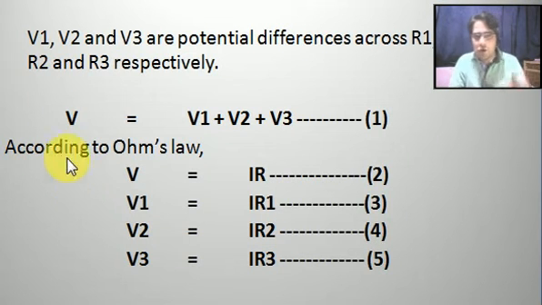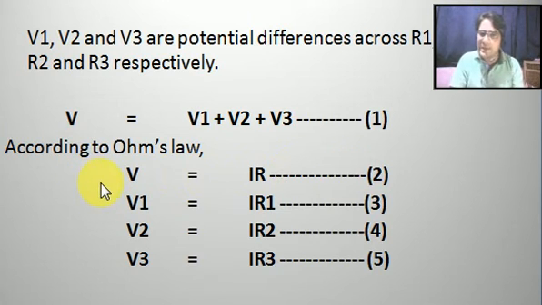इन फाइंडिंग्स को हम यहां पे लिखते हैं, V1, V2 and V3 are potential differences across R1, R2 and R3 respectively. ये हमने एक्सप्लेन किया, इसलिए जो टोटल पोटेंशियल डिफरेंस सर्किट की है दैट विल बी इक्वल टू V1 प्लस V2 प्लस V3। फिर जब हमने अलग अलग रेजिस्टर्स पे ओम्स लॉ अप्लाई किया, पहले तो पूरे सर्किट पे अगर